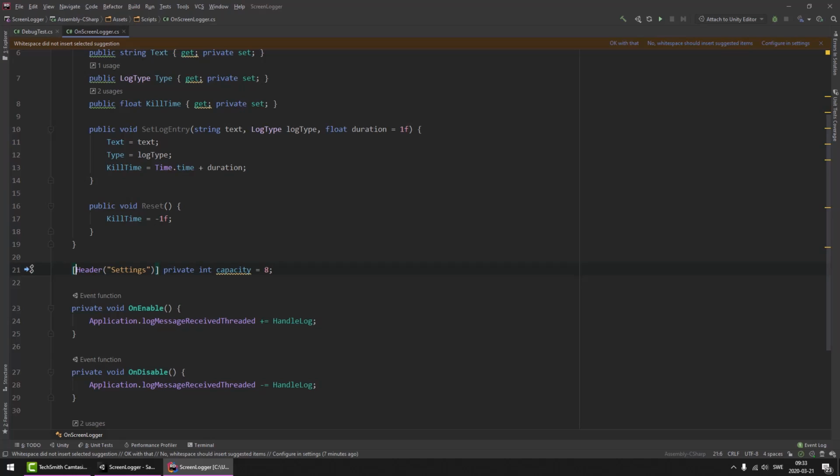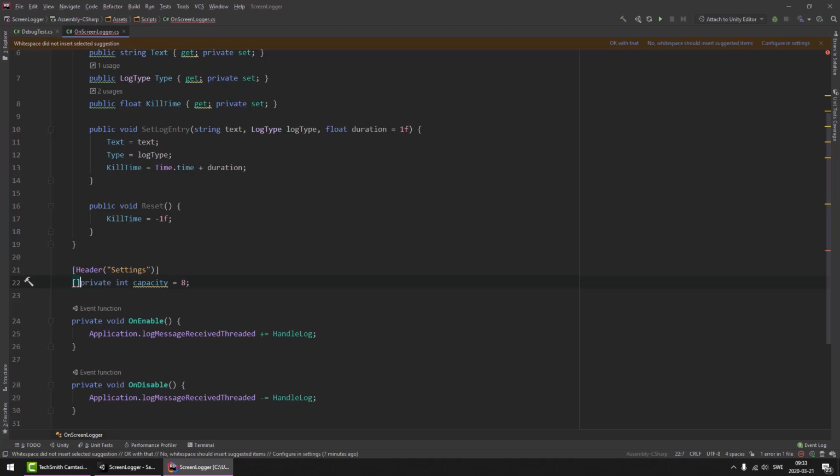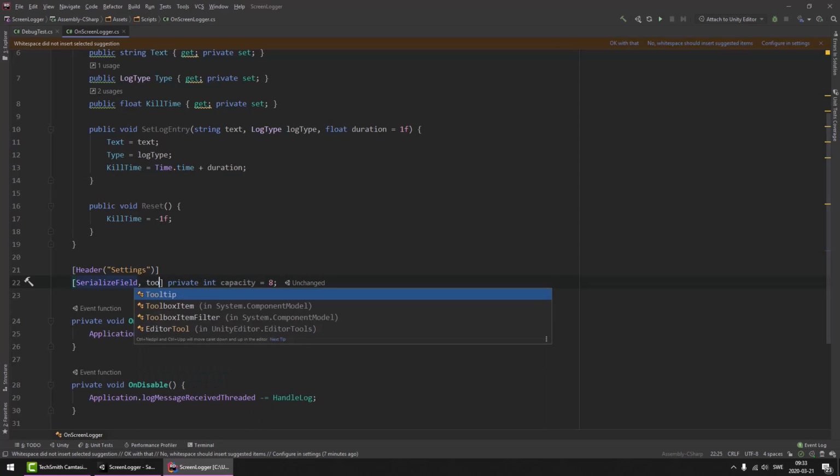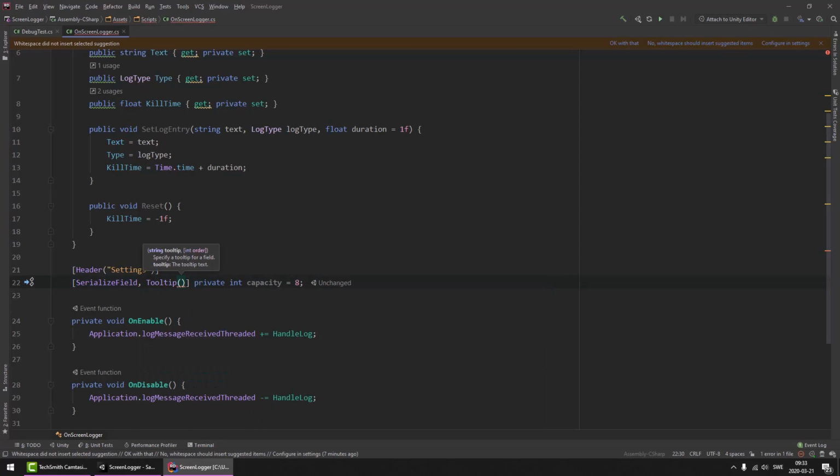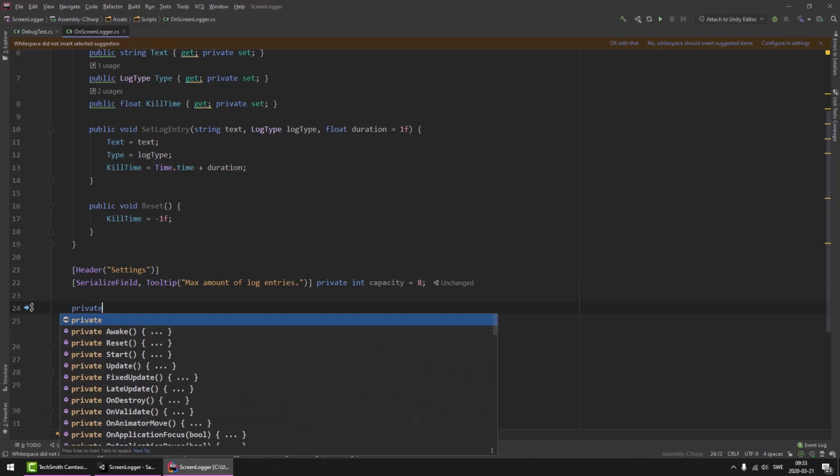And for this to, of course, appear, we need to give it the attribute SerializeField, as it's private. We're also going to add a tooltip to explain this to the one setting that up in the editor. So let's say max amount of log entries. And then we need our actual array. So private LogEntry